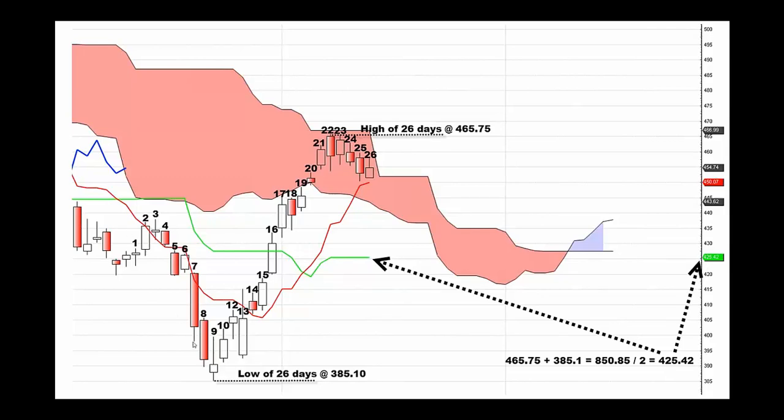Remember, when we said below the cloud is short, we're coming from below the belly of the beast, right? It's going to run into that. Boom. Roll back over. So if it breaks the turning line, then it's probably going to go to the bottom of the cloud and then the standard line. Does everybody understand so far?